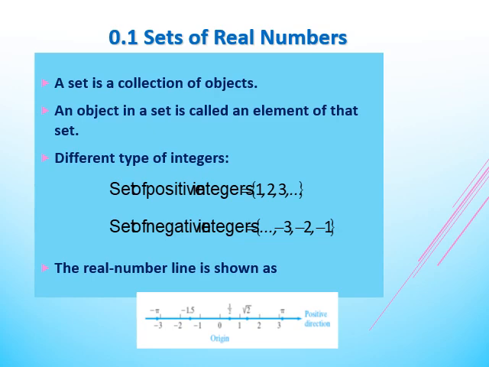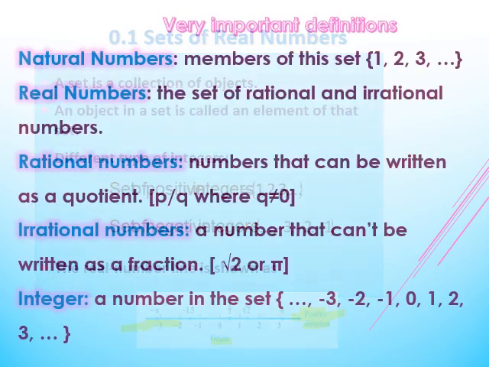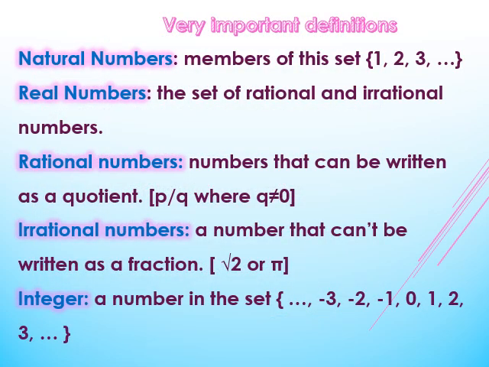And the real number line is shown here in this graph, with the positive direction here on the right-hand side, and the negative side is the negative direction. Here is 0, which is the origin point. We have here very important definitions. The first definition is the natural numbers. The natural numbers are the set whose members are 1, 2, 3 up to positive infinity,